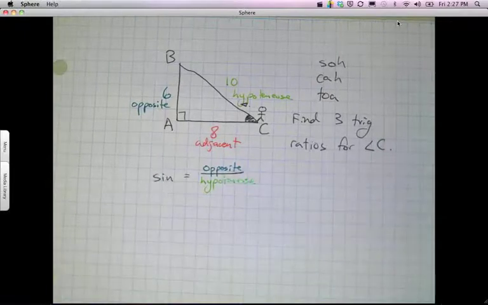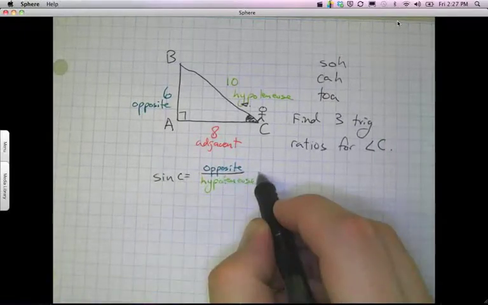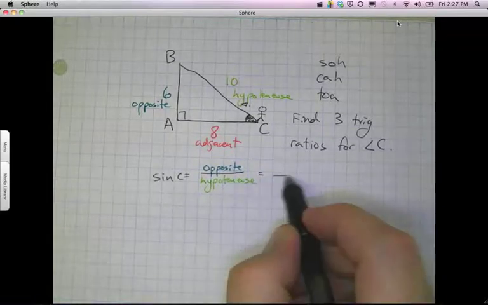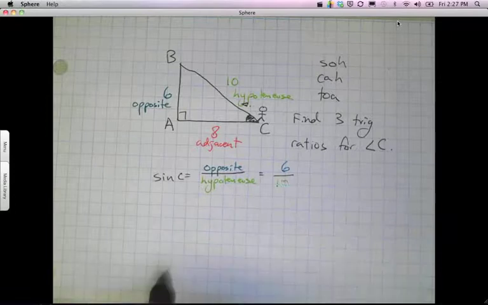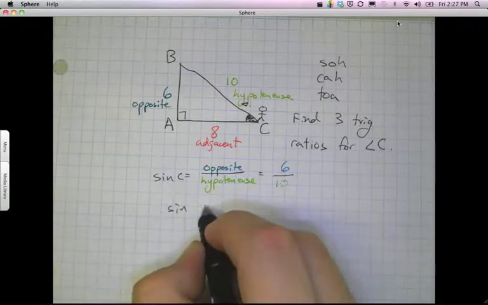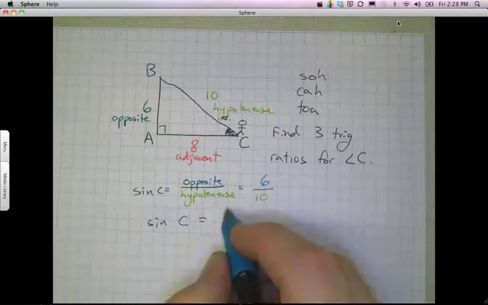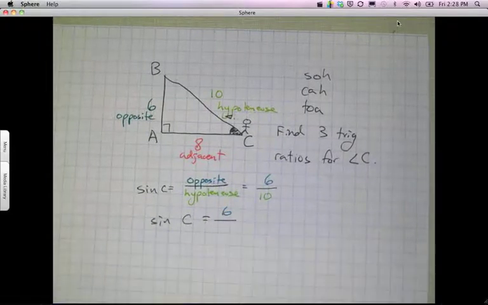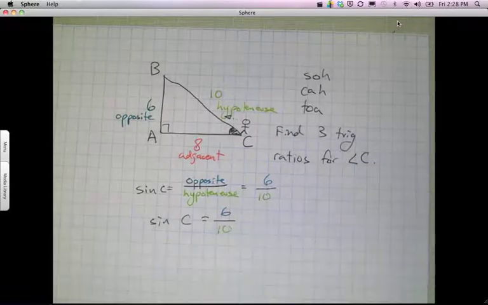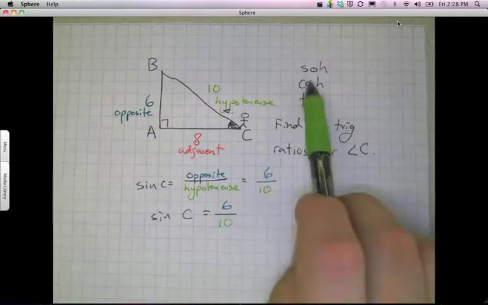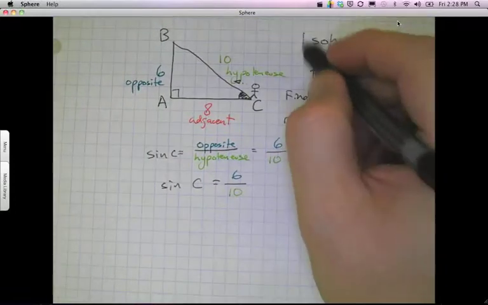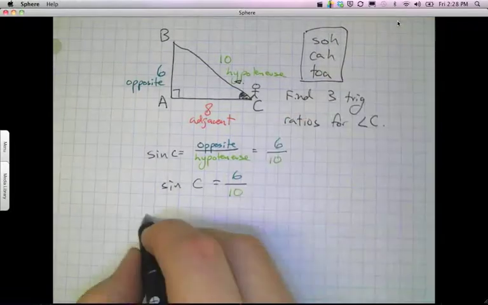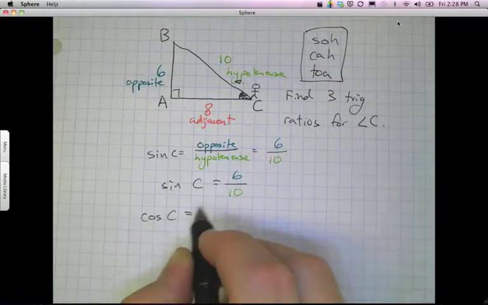Now, I should put sine of angle C here. So sine of C is opposite over hypotenuse. For my problem, what are those two numbers? 6 and 10. Yep, that's exactly right. So the sine of angle C, forgive me that I'm a little bit dyslexic, is equal to 6 divided by 10. You see where all those numbers come from? That's because the sine is opposite over hypotenuse. That's what the O and the H mean in this little rhyme that I'm trying to get you to memorize. Put a box around it to help you remember it. Cosine is the next one. So the cosine of C is equal to the adjacent